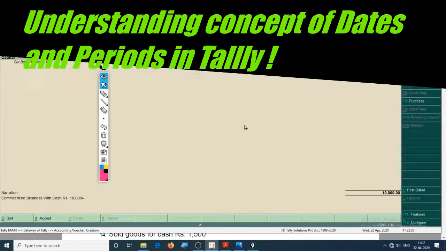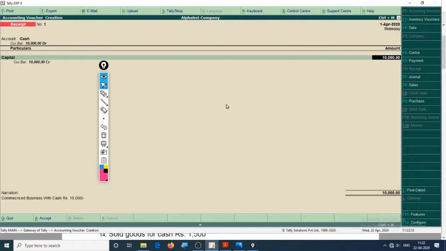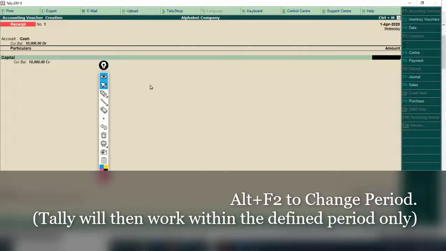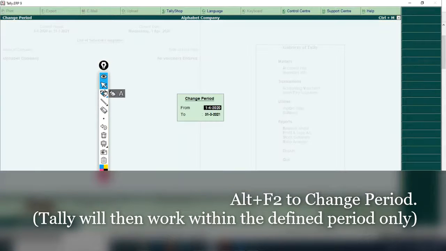Okay, so as I have previously explained you, the financial year, if we are working in a financial year 2020 to 21, let me show you right here. Right here, as you can see, this is the period.